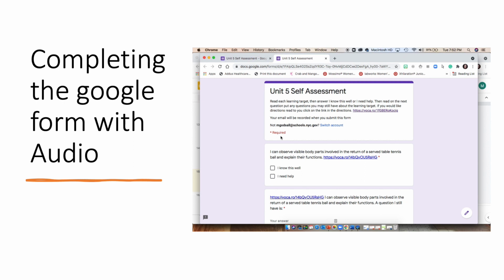So, you have seen the model. Now it is time to go through and complete your Google Form for your self-assessment. Read each learning target, then answer "I know this well" or "I need help." Then read the next question. Put any questions you may still have about the learning target